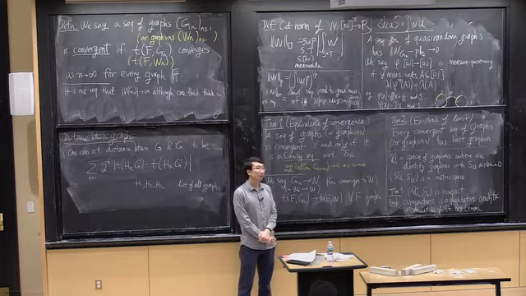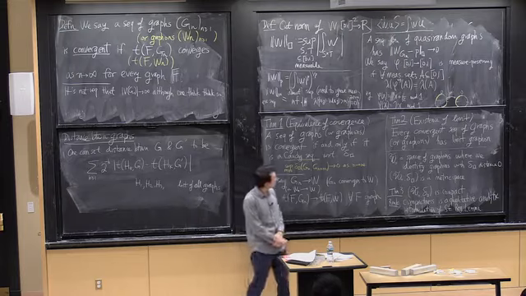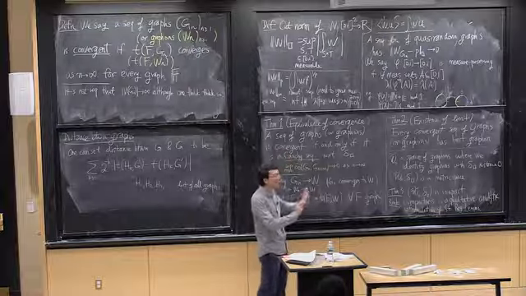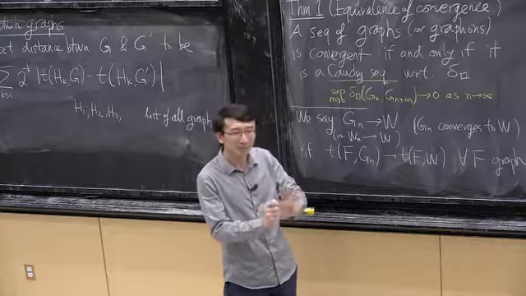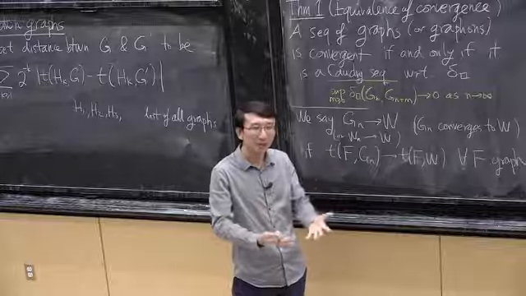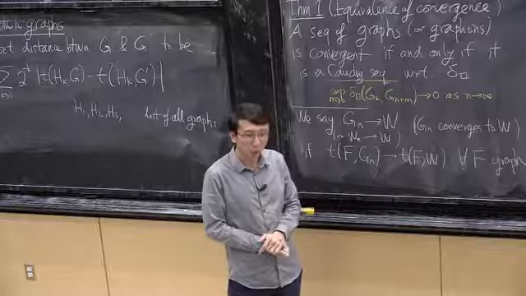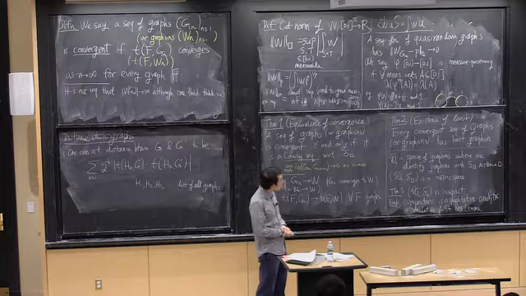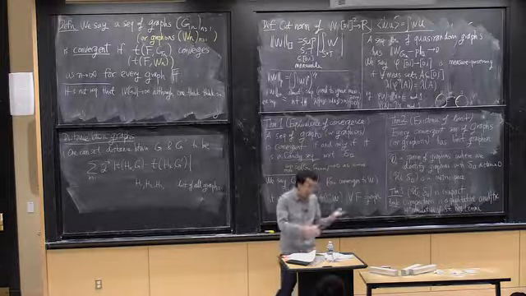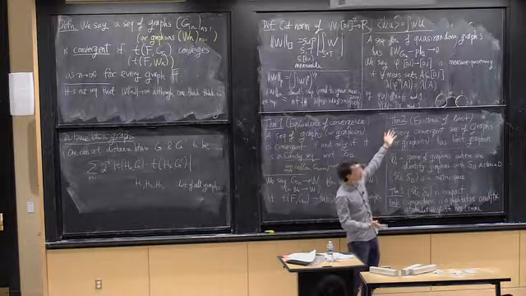Yep. Don't theorem 1 and theorem 2 together imply theorem 3? First of all, theorem 1 is not about compactness. It's really about the equivalence of two different notions of convergence. It's like you have two different metrics, and I'm showing that these two metrics are equivalent to each other. Theorem 2 and theorem 3 are quite intimately related, but they're not quite the same.